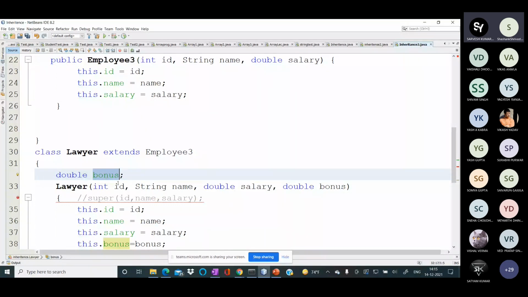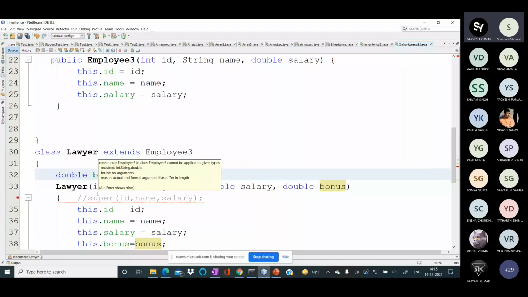I have created a Lawyer constructor. Here there are four fields: ID, name, salary and bonus. Lawyer has four fields, three inherited from Employee and one extra field. In order to initialize all these four fields, we need to create a parameterized constructor.